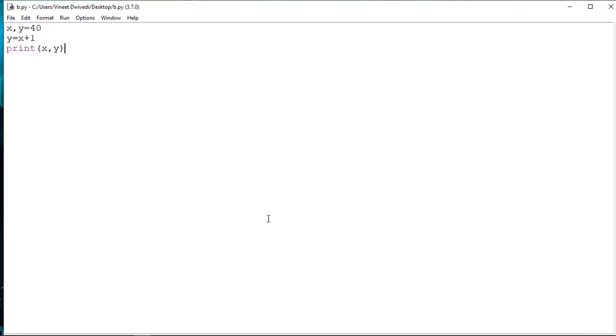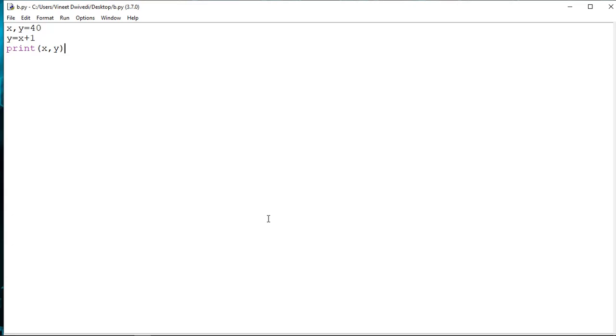So what will happen, it will just pick up a value of x, suppose 40. So y will take the value 40 and it will add 1 to it, it will become 41. But when you try to print x, y, it will be confused with the y value, whether it should print 40 or 41.